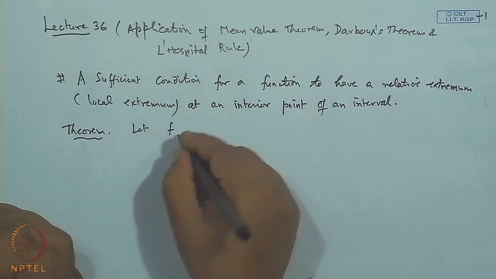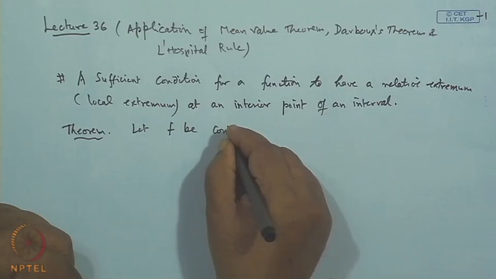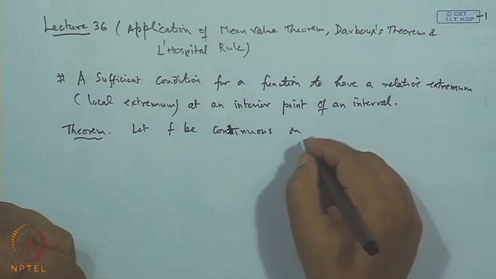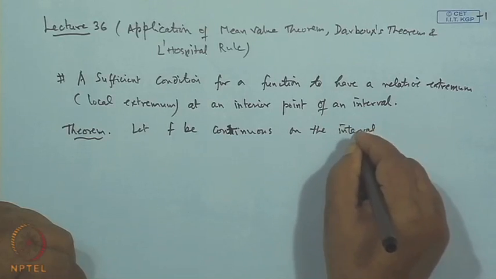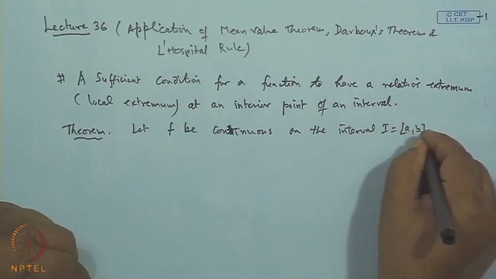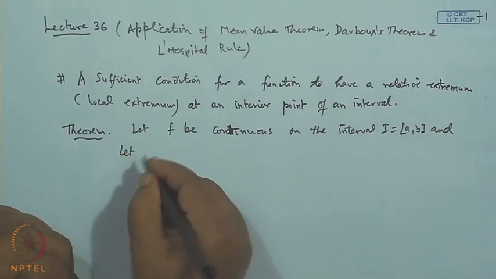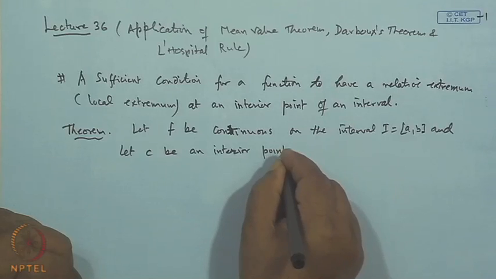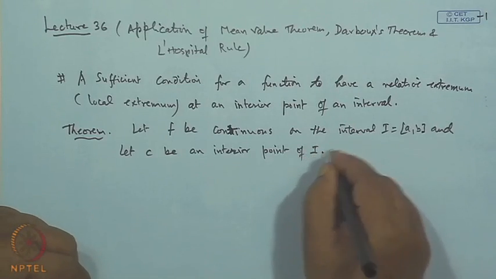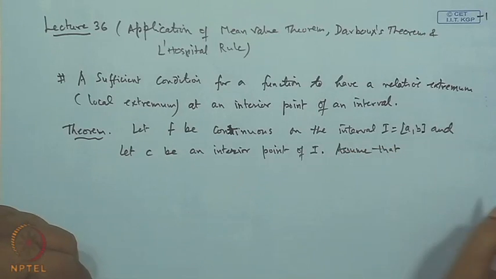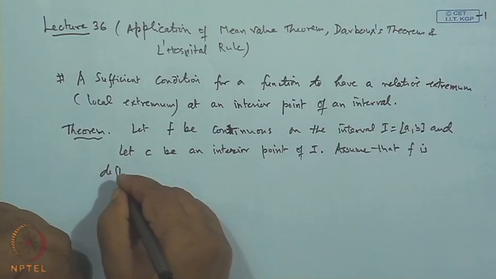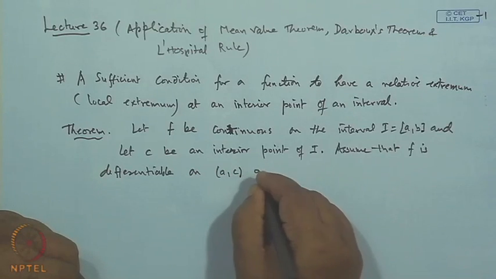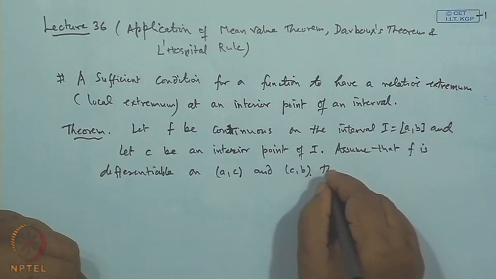Let f be continuous on the interval, say I, which is a closed and bounded interval, and let C be an interior point of the interval I. Assume that f is differentiable on the open interval AC and the open interval CB. Then the result says